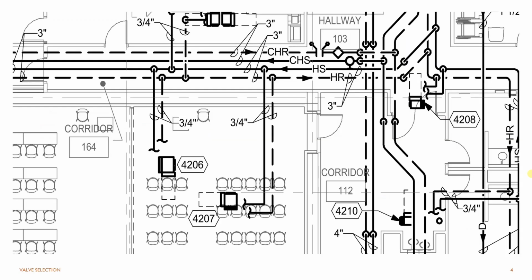So let's go and see, if this is a mechanical drawing you have, where are your line sizes? You'll see a bunch of line sizes in a piping layout. Which one should you be looking out for for specific equipment? If the pipe you're seeing here is a 3-inch line, you don't select for a 3-inch line, but the one at the tail end which is coming to your equipment is the line size you'll be selecting. In this case, if it is going to a VAV box, your line size will be quarter of